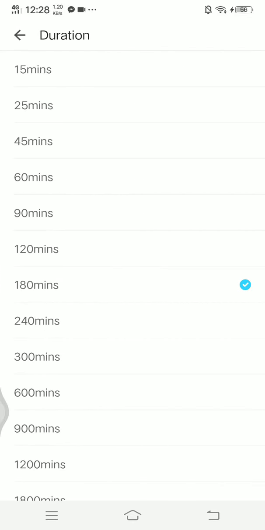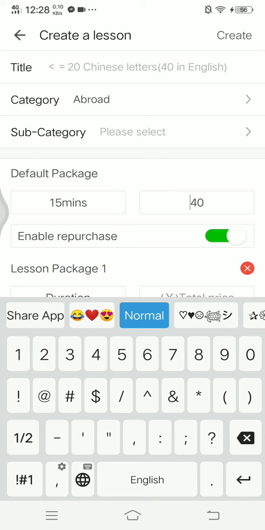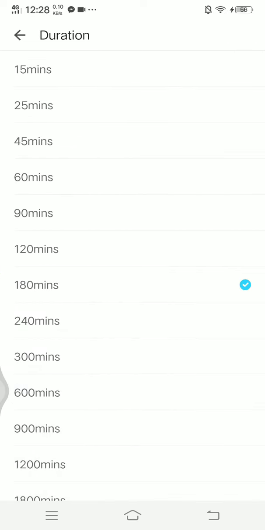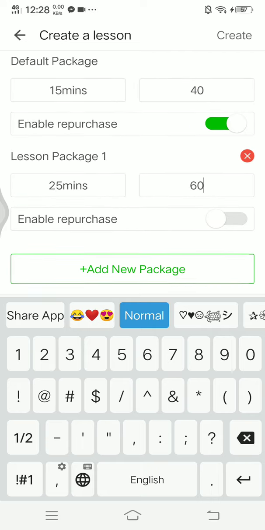And then you can see there's 15 minutes, if you want 40, you want. I think their minimum is 40 or 45. Then repurchase if you want to repurchase. Then okay, that's it. 40, 50, for example 60, you want 60 only. I suggest you start with only the minimum,